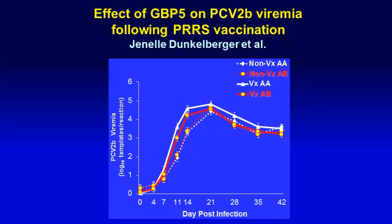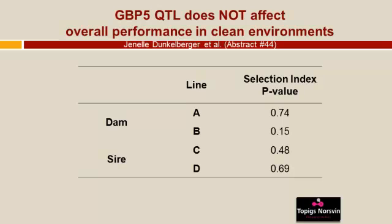And so one of my graduate students who is here, Jenelle Dunkelberger, spent the summer in the Netherlands working with Pramod Mathur, who is here also at Topigs Norsvin, and analyzing the large database that I have of lots of traits on pigs collected on multiple lines in a clean environment. And she has a poster here that has all of the details, but the bottom line was that when they looked at the overall selection index value, the GBP5 QTL had no significant effect